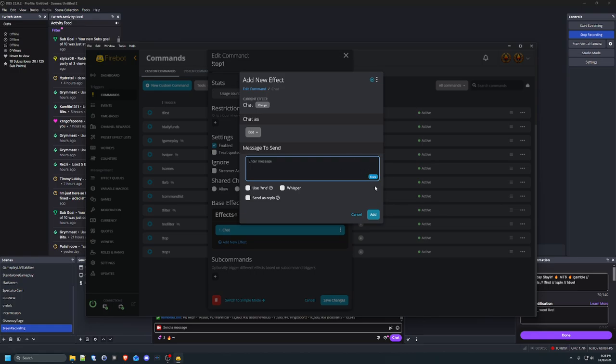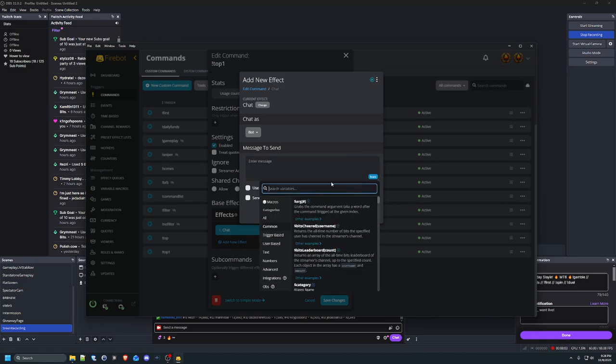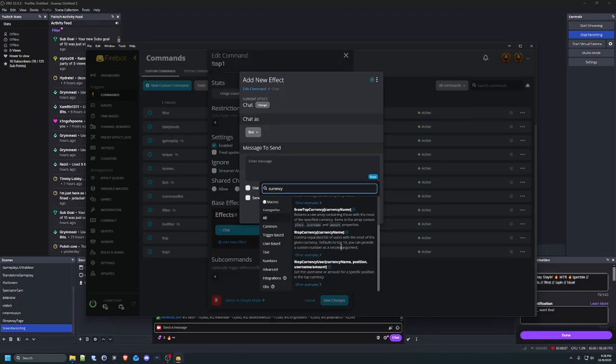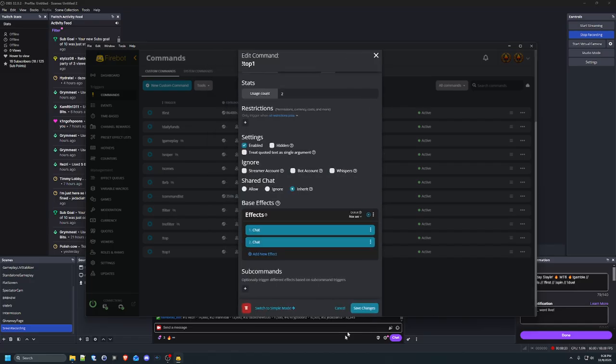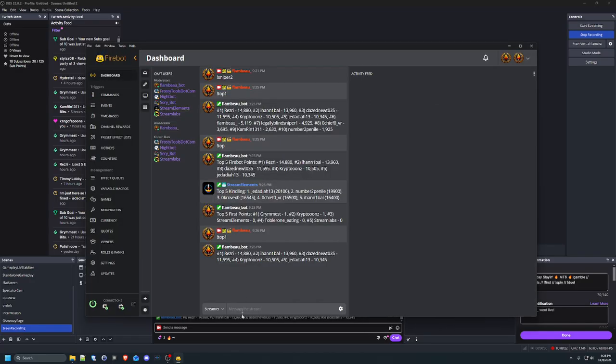And in here you have this trusty variable button with these built-in variables. You go back in, you type in currency, top currency, you add that, and I want to do my first points, 5. So now when I go in and I type top 1,